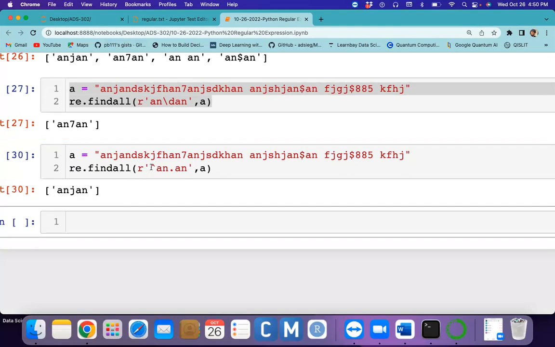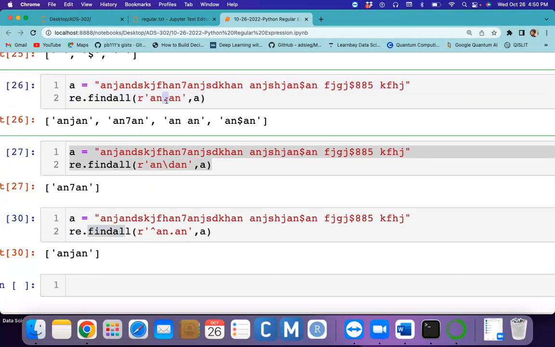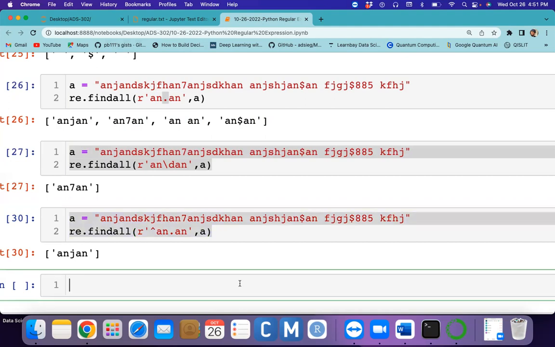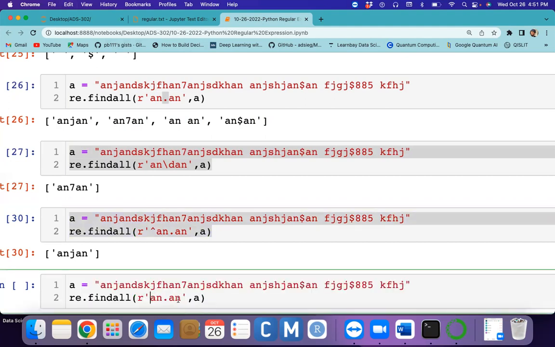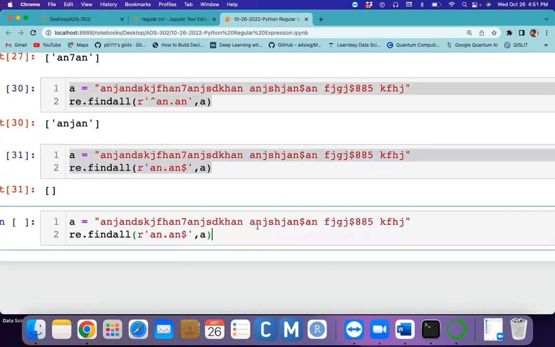Yeah, so I just used the caret symbol, right? When I'm using the caret symbol, and moreover I'm using find all. Here if I'm using the period special character, it was accessing the four entries, right, with these different characters in the middle of a and n. But when I'm using the caret symbol, it will look only at the beginning of the string, the beginning of the data. Meanwhile we have one more special character, the dollar symbol. When I have a dollar symbol, it will look at the end of the